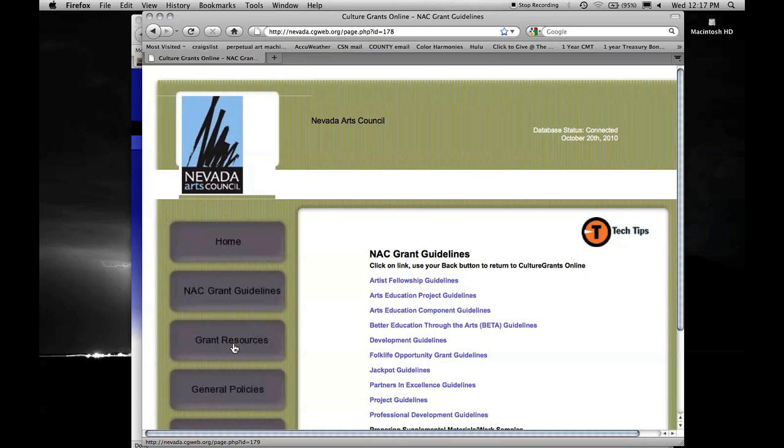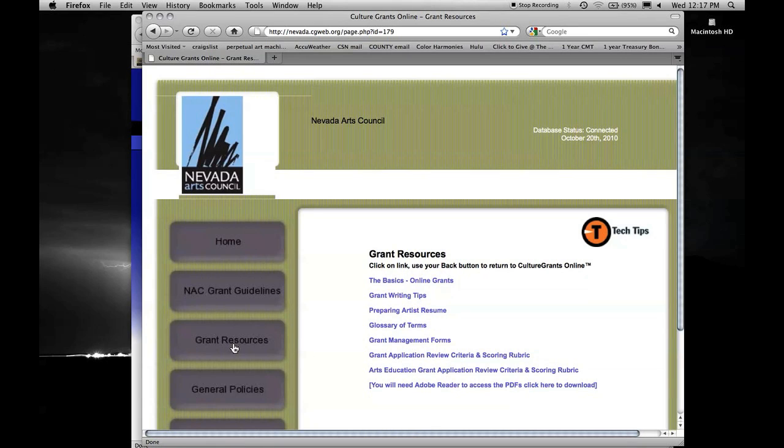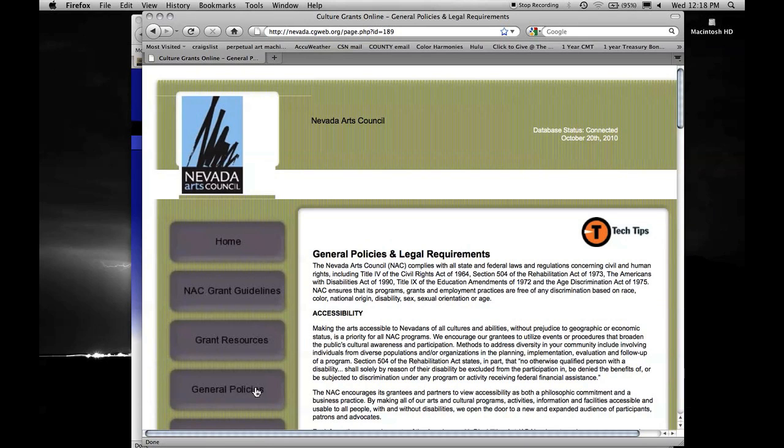Also in the left-hand menu, the Grant Resources button will take you to resource links such as grant writing tips, a guide to preparing an artist's resume, and the grant criteria and scoring rubrics used by the Nevada Arts Council. The General Policies and Legal Requirements button will take you to information that you are required to read prior to submitting a grant application. You may find it helpful to print out the grant guidelines and general policies and legal requirements for easy reference. If you choose not to, you can always access these documents on the Nevada Arts Council website at